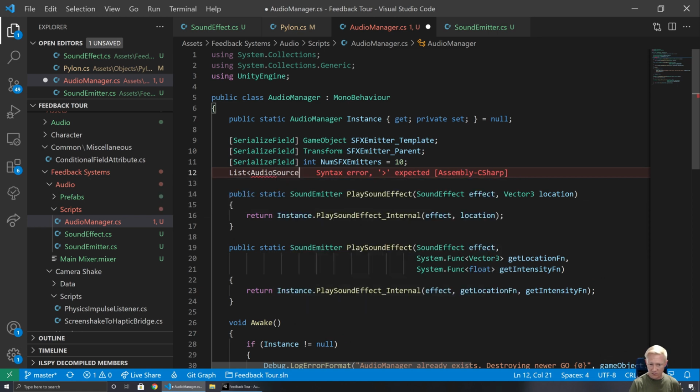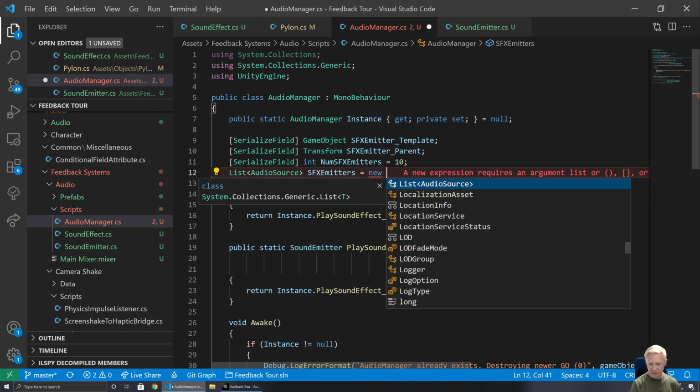So the idea is going to be that because we want to be able to play sounds not at a particular location, we don't necessarily need to spawn something in the world, and we're going to be doing a lot of these, so churning through, doing a lot of creation and destruction there would be less than ideal. So what I'm going to do is make it that we've got a bank of audio sources that we can play those particular sounds on. So this is going to be SFX emitters,